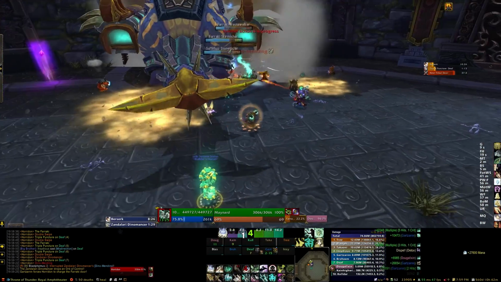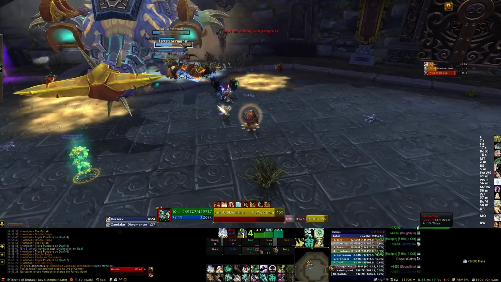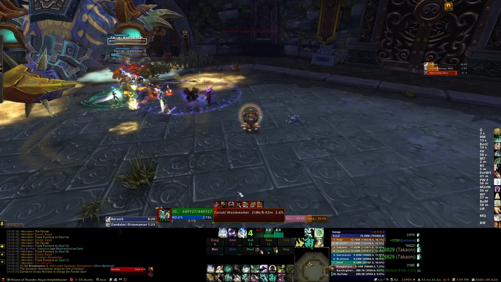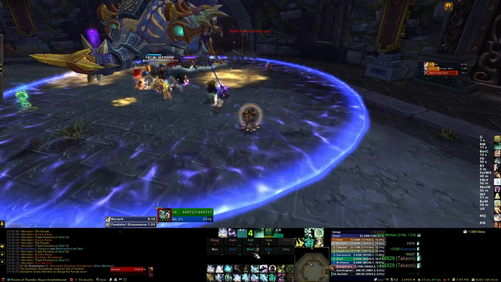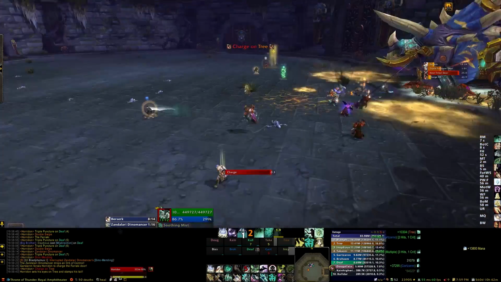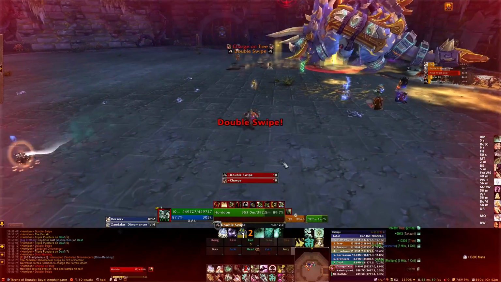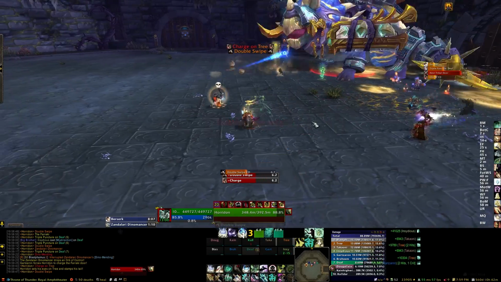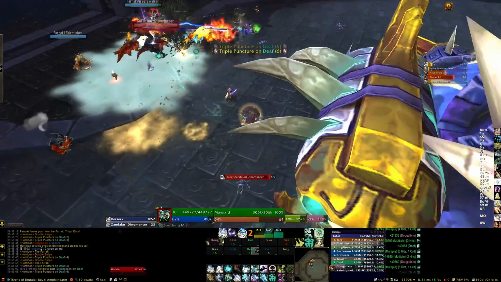So try to assign interrupts on the trio mobs. If you can have people quickly mark them with a raid marker and then have one interrupt assigned to each raid marked mob, that's going to be the most efficient way to do it by far. We don't quite do that, and it's probably a mistake not to do so, but that's generally a good idea. So the next main rule is that